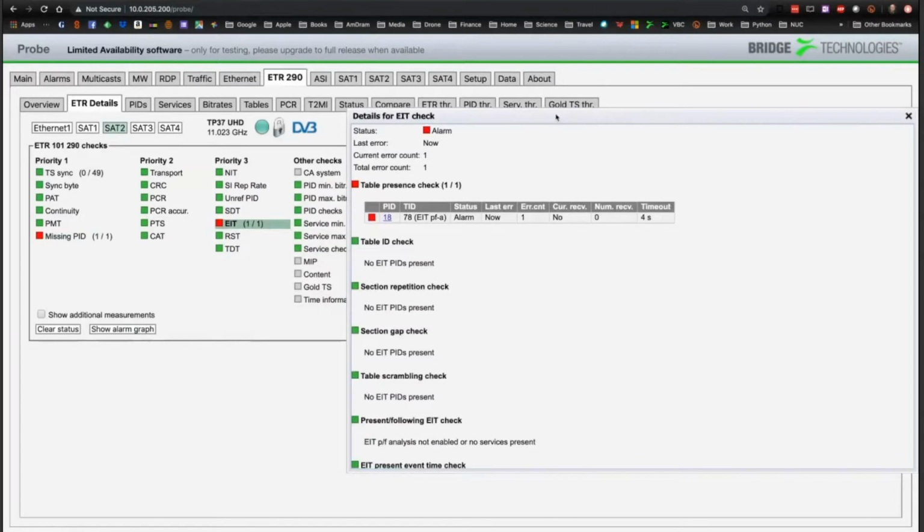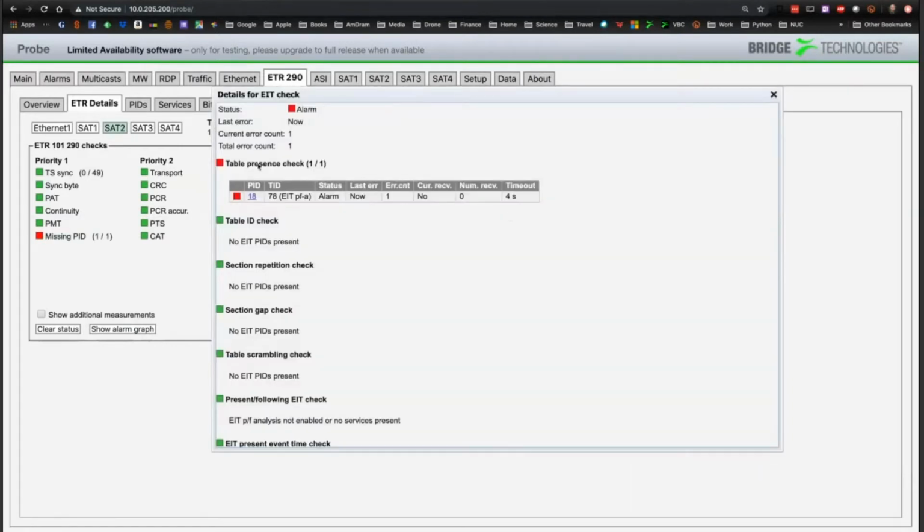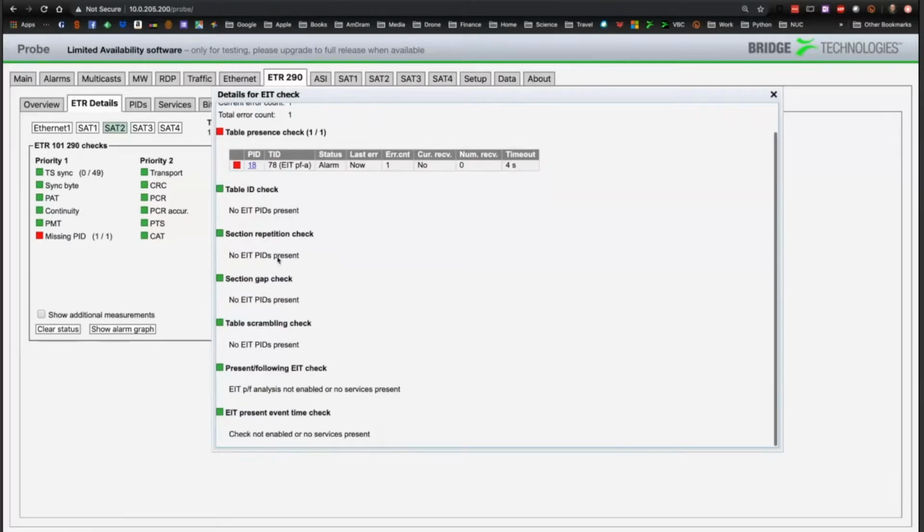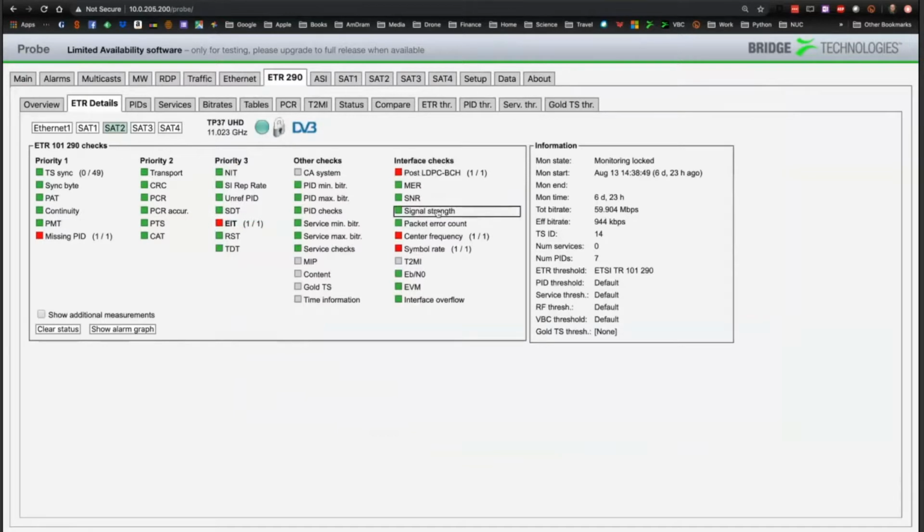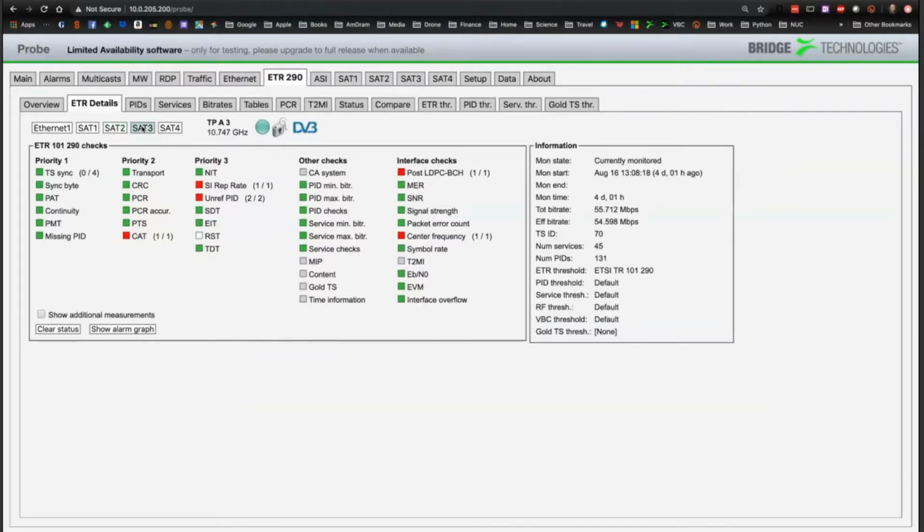Let's look at something in a bit more detail. The event information table. So the presence check. The PMT is signaling an EIT, but it's not there. So we can see that we are getting no EIT. So all of the other errors are in fact invalid. Let's see if we've got a little bit more